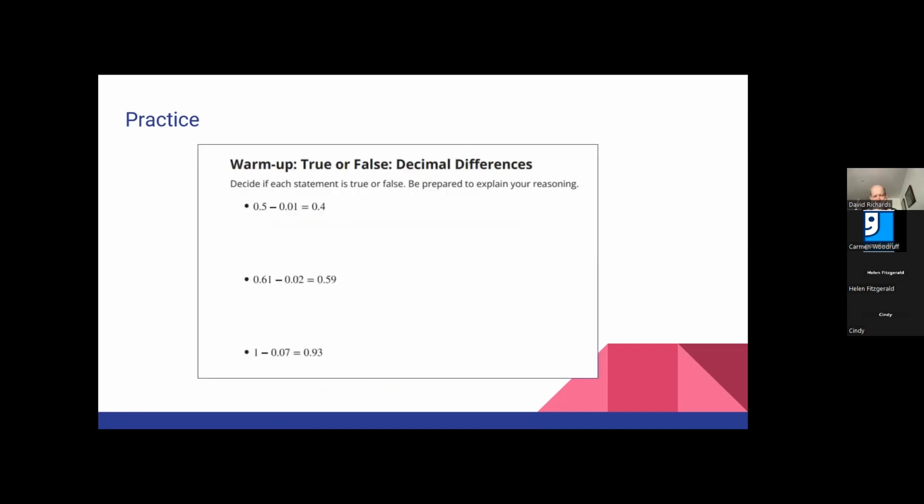Here's a practice activity that I would give students. True or false is a very low stakes activity. Students are not afraid to say true or false because they don't have to justify it out loud, right? It gives them an opportunity to think about why I know this is correct or not correct. Again, once you have that foundation in place value, they're able to use these activities to determine how to do